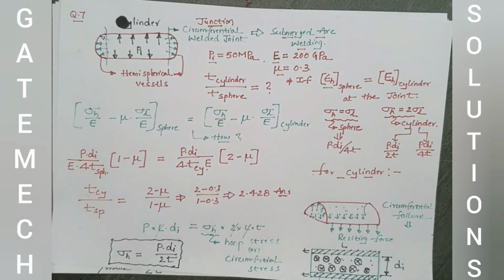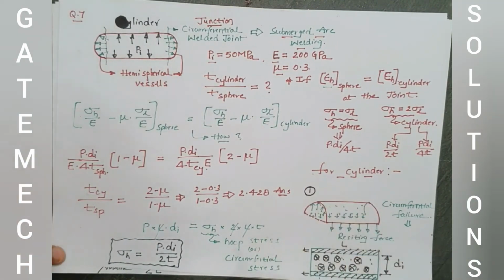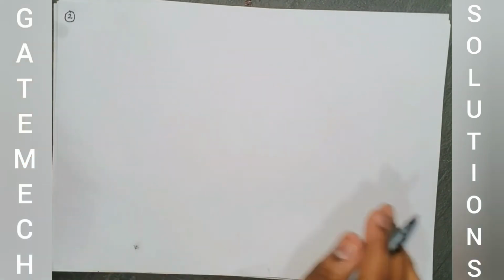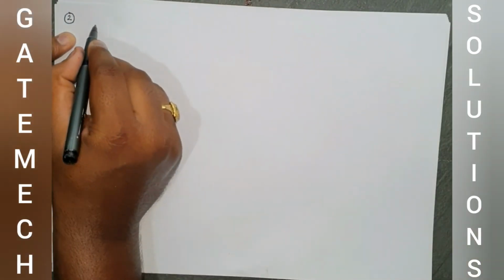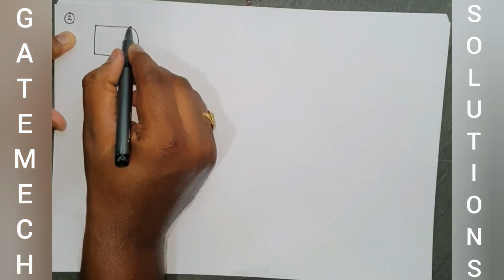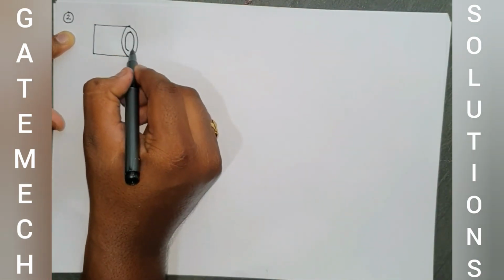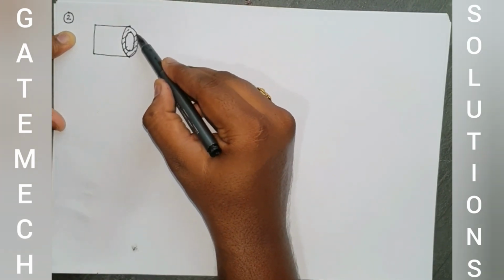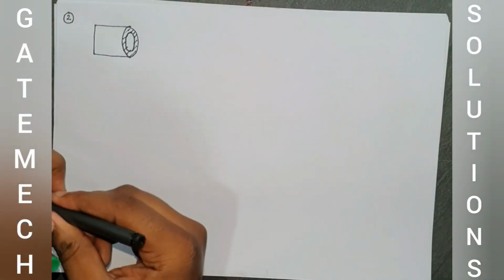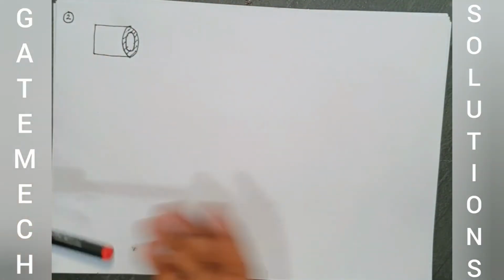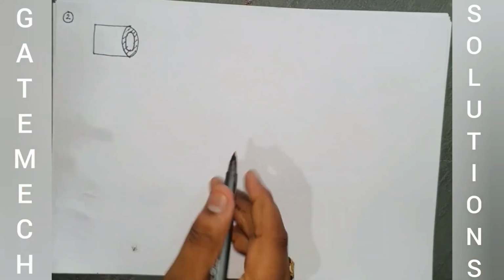In a similar way, there will be another chance to get the failure. That is the plane which is perpendicular to the length. If that type of failure happens, then the part of the cylinder seems to be like this. Let us say this is the left part of the cylinder, and there is a right part of the cylinder also. So this will be the cross section which will resist the failure. Exactly. So there are two types of failure which will happen. The failure in this direction, the failure in this direction. The previous case we took as circumferential failure, but here it is a longitudinal failure, we can call it as.